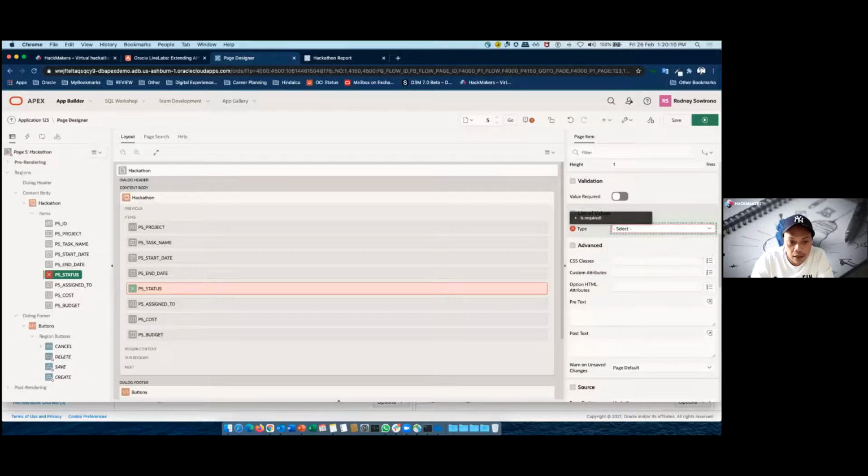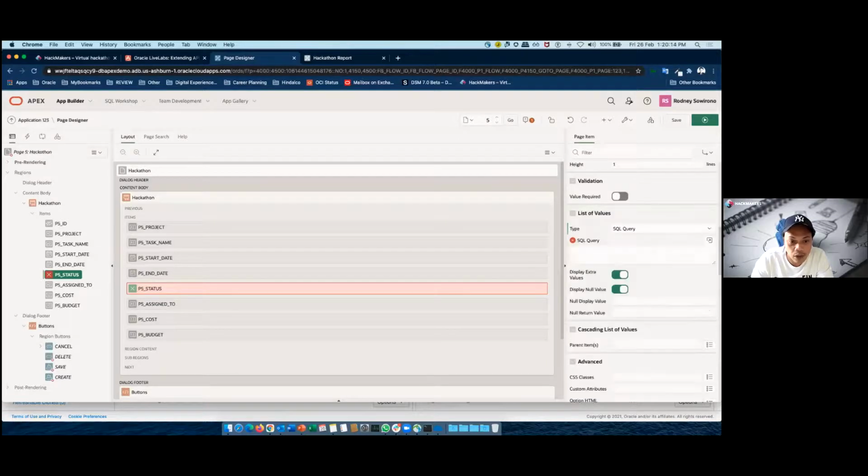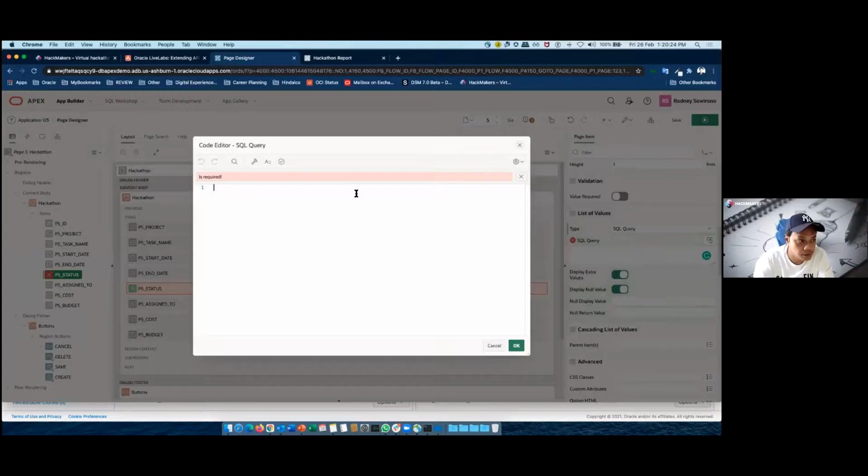In this case, I would like to have the values come from a SQL query on the data that I have. My table is called hackathon, right? So what I'll do is type in my query, right? Select distinct